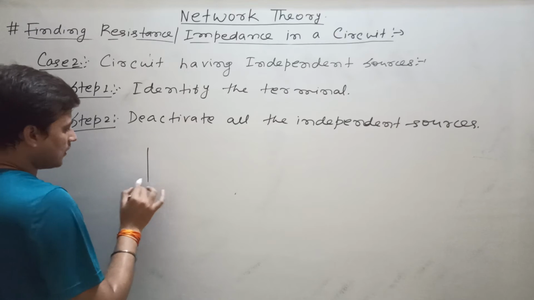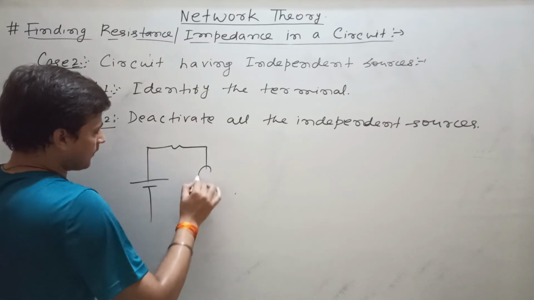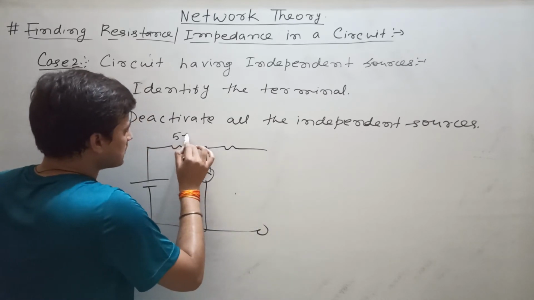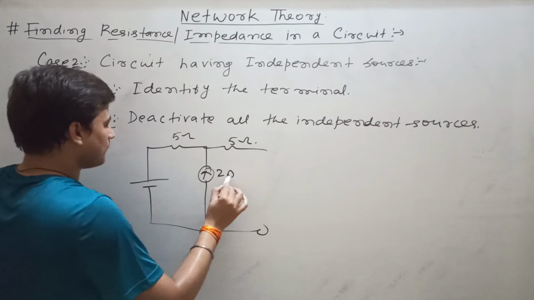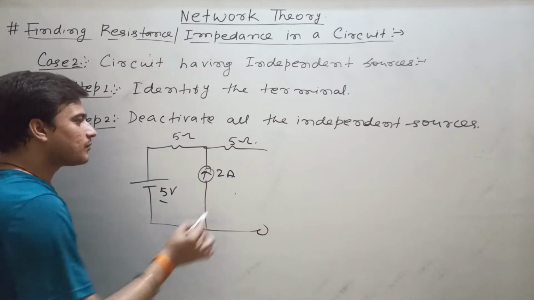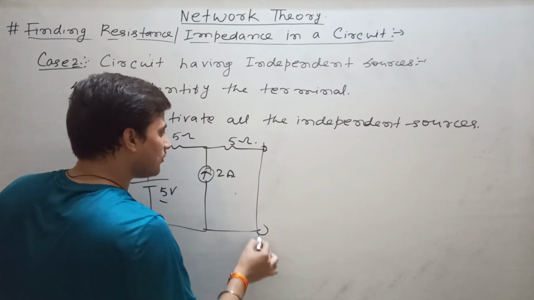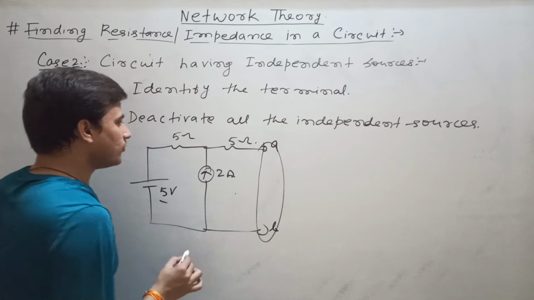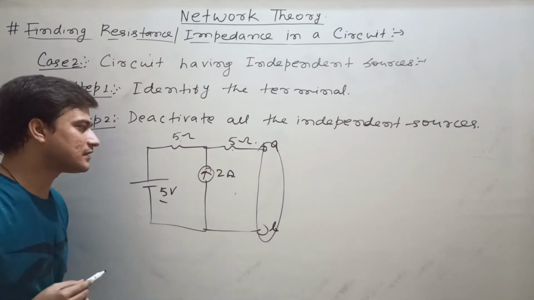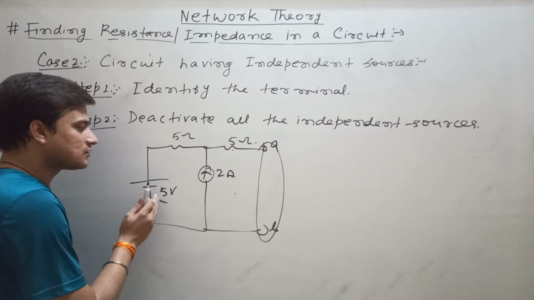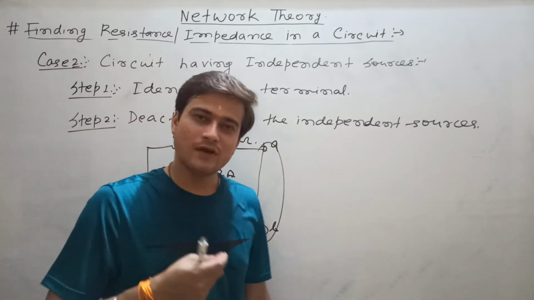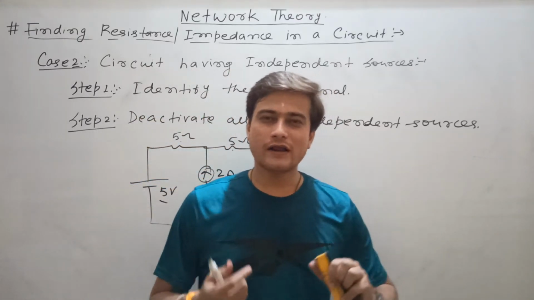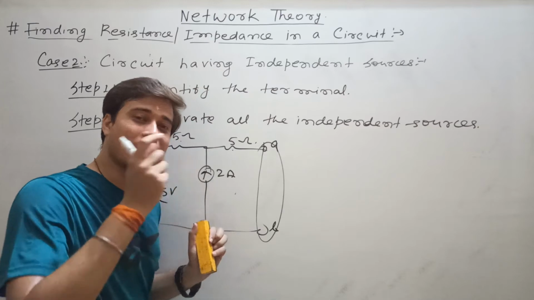See the reason. Suppose you are having the circuit like this. Clear? This is 5 ohm, this is 5 ohm, this is 2 ampere, this is 5 volt. Now somebody is asking you to find the resistance that will be offered by this circuit through this terminal. So what will you do? You know this resistance, you know this resistance. Now what is the resistance of this source? The sources will also have some resistance. Maybe its resistance is 0, maybe its resistance is infinity, or it has some finite resistance, but it will have some value.